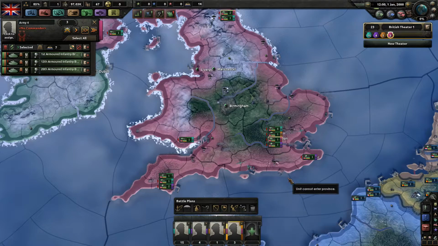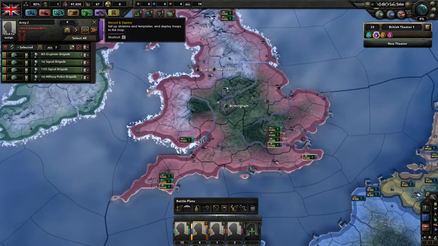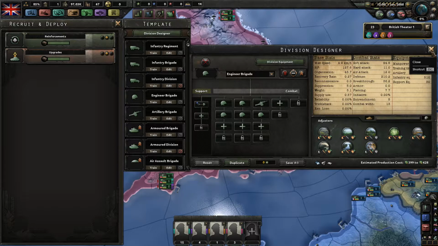Might also be one of the worst ideas I've ever had. So, okay. Let's first of all start working here. We've got engineer brigades. That's just engineers. What is your purpose? Nothing. Right, we're gonna switch you up to become